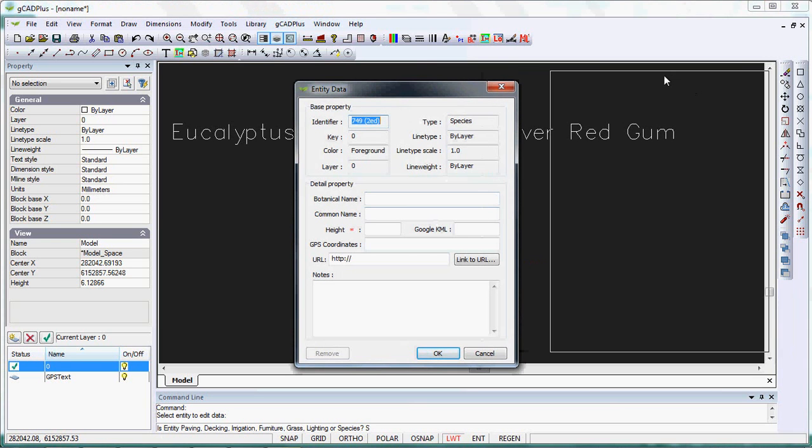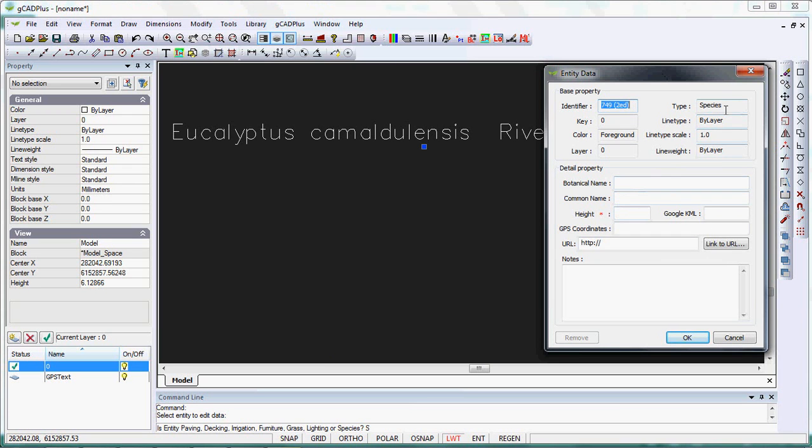And here's the entity data. When we choose species, we can put the botanical name, Eucalyptus camaldulensis, common name river red gum. We can estimate its height, so we'll say 13 for metres. If we had the Google KML file, we could put that information in. If we had a URL which linked to a photograph, we could put in the URL link. We could put in the GPS coordinates, which we might have from GPS data in there. And we can add notes. So you can see we can add a great deal of information to that